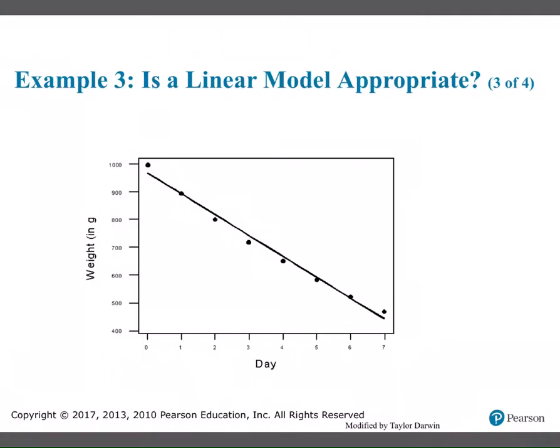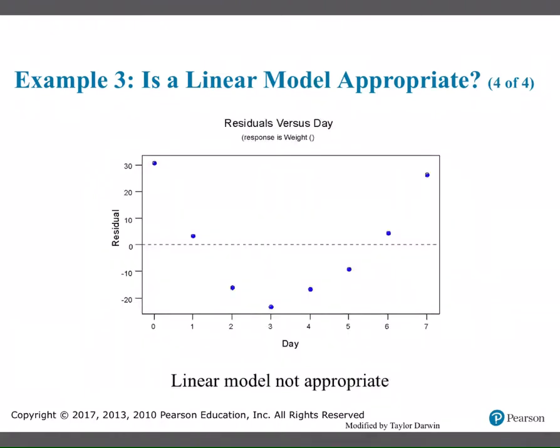And basically, we want to do one more thing to see if it's appropriate. We can say, this looks pretty good, but let's put it on a residual plot. And what we want is for it to look scattered. So if I put that on a residual plot, if I turn that line to be more horizontal, just like that, that's my line. I didn't do a very good job just now, but